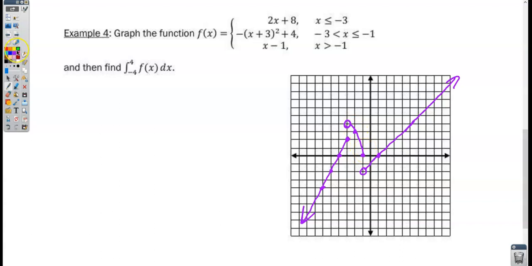And we're trying to find, in this example, the integral from -4 to 4 of f of x dx. So we've got under this curve here, under this curve here, and then above this curve here, and below this curve here. Okay, so I could calculate all those areas, but now that I know how to use the numerical integral, I know that this integral is equal to